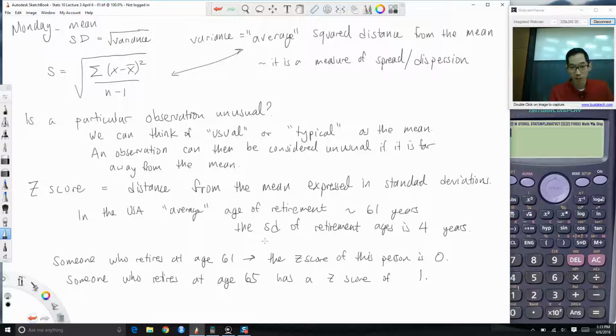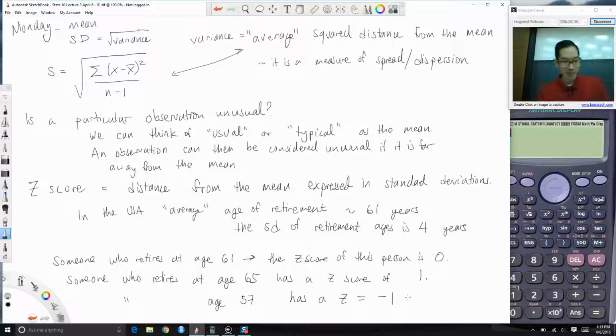Whereas if we go in the opposite direction, someone who retires at age 57 has a z-score z equal to, we will say, -1. Right? Just want to make sure this is okay with everybody, all right? We're all good with our adding and subtracting of 4, so we can see that we're getting 65 and 57,